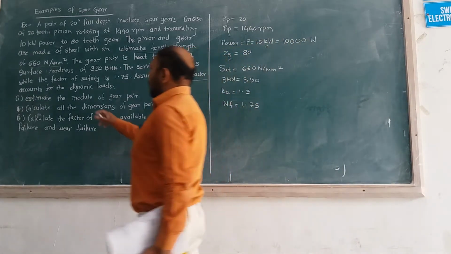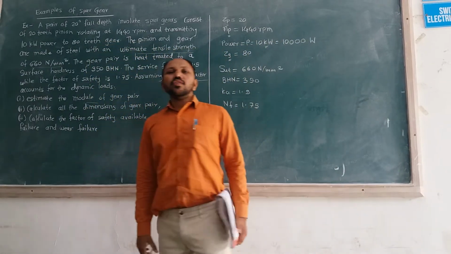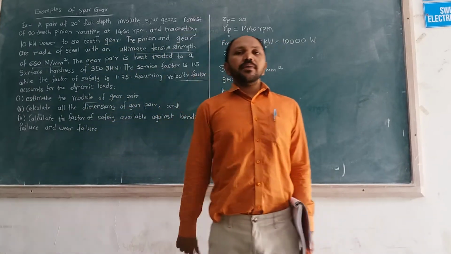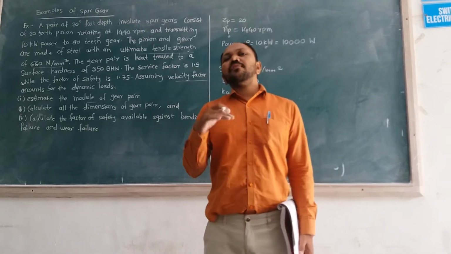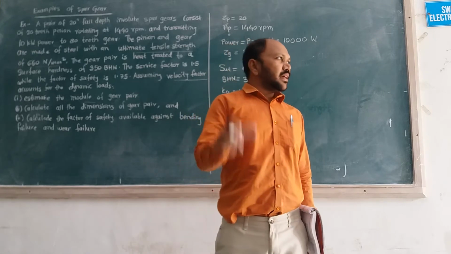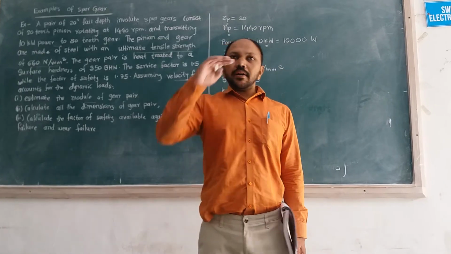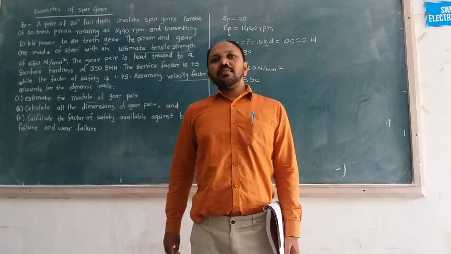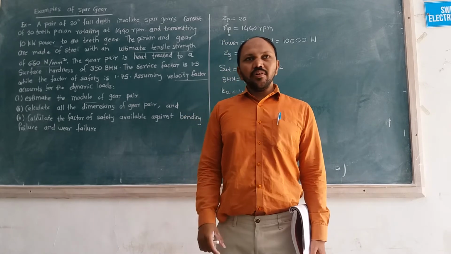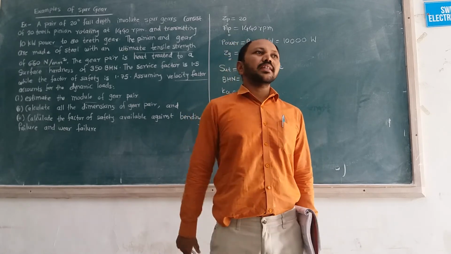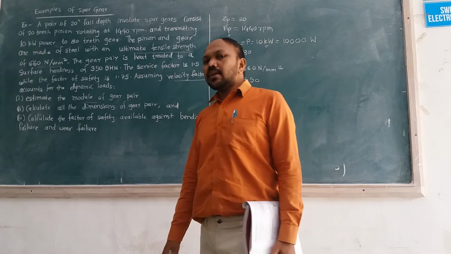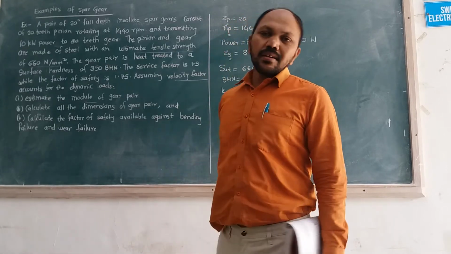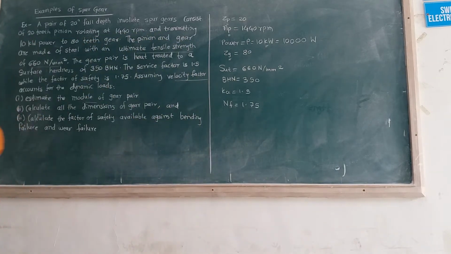Now we focus on calculating the module. So how to calculate the module? First we calculate the beam strength by using the beam strength equation. Then we find the wear strength using the wear strength equation. We compare the beam strength and wear strength, and find out whichever is less. For that value we design next. In this way we find the module value. We see our step 1.